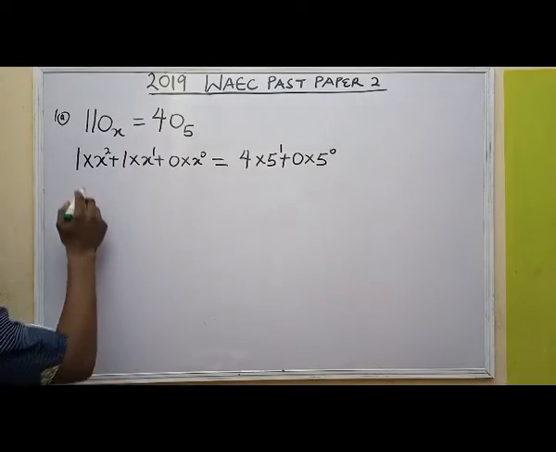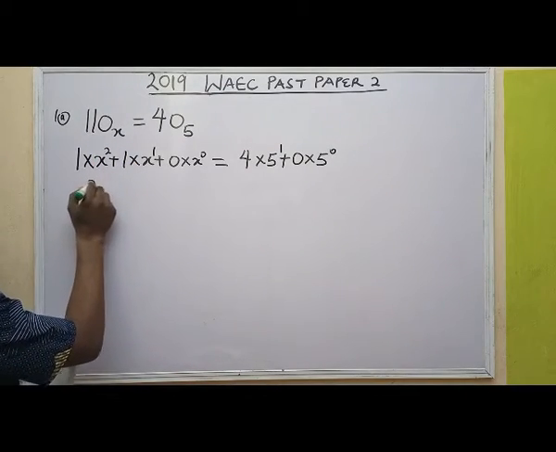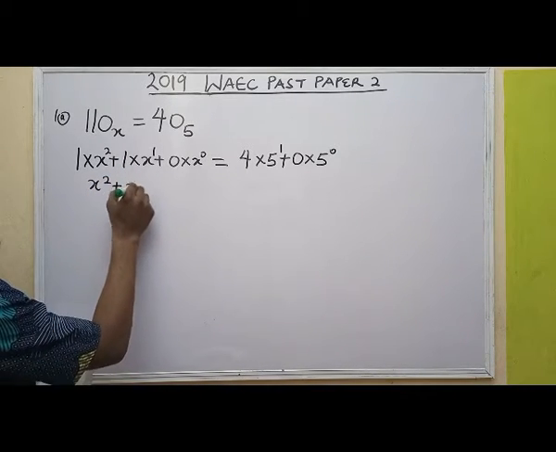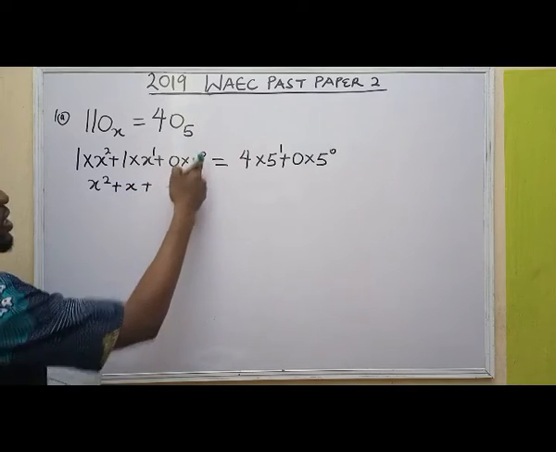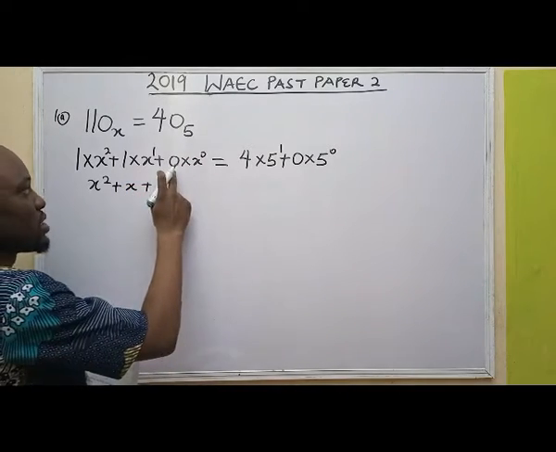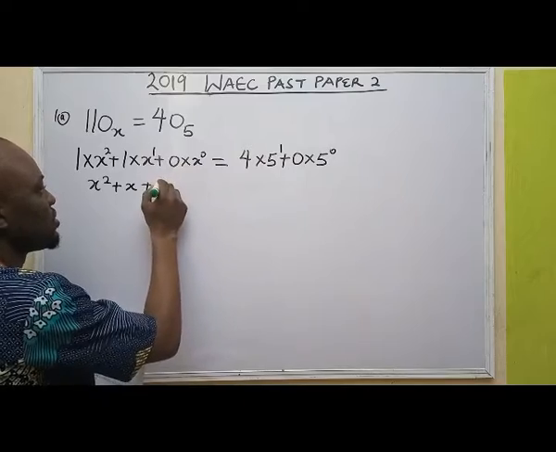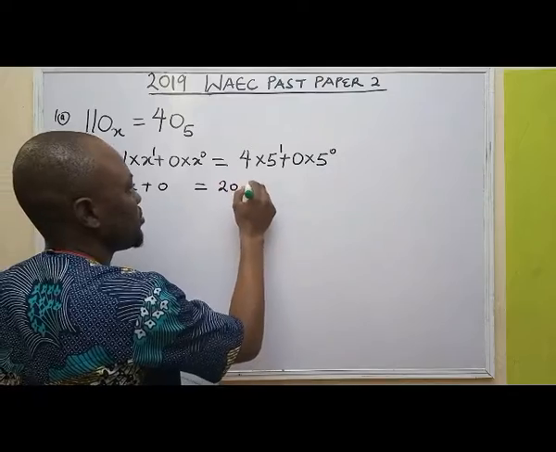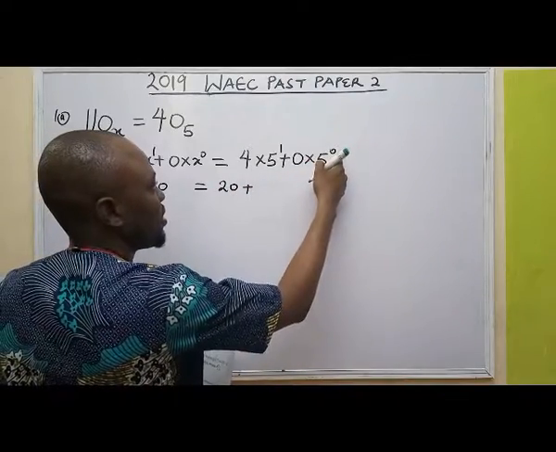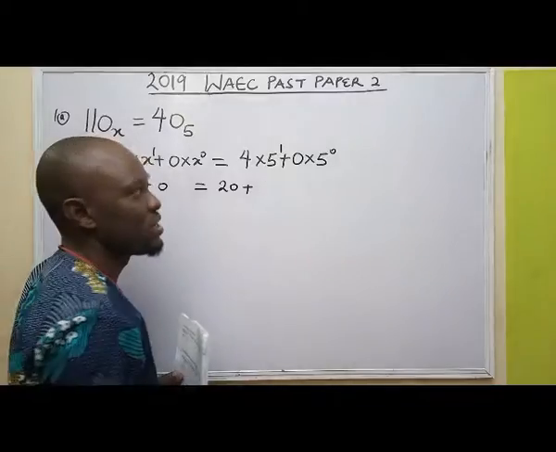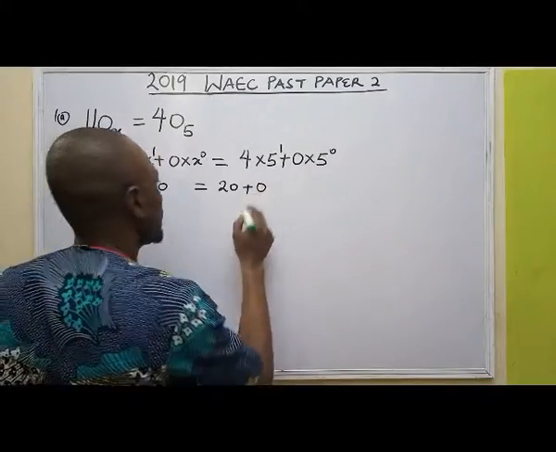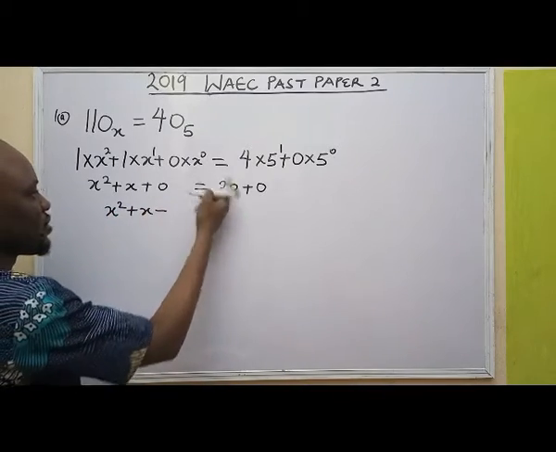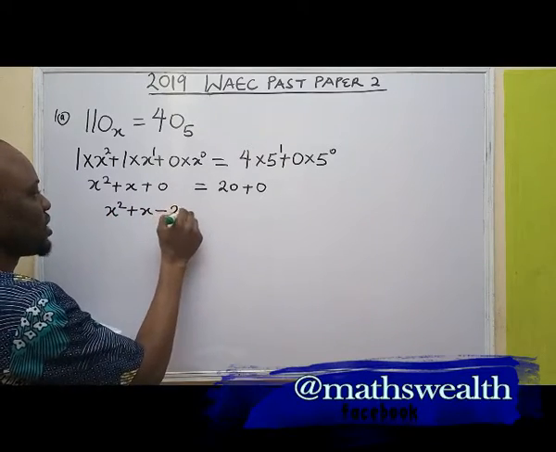So the next thing, this is 1 times x squared, which gives me x squared, plus 1 times x gives me x, plus x raised to the power 0 is 1, 1 times 0 times 1 is 0. Equal 4 times 5 is 20, plus 5 raised to the power 0 is 1, 0 times 1 is 0. So therefore x squared plus x, I'll take this to the other side so it becomes minus 20 equals